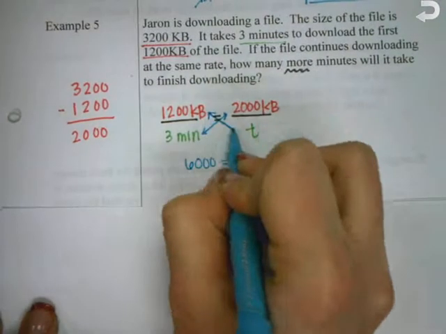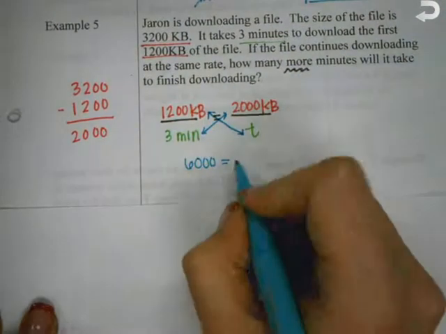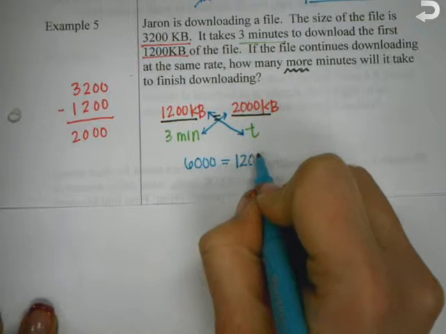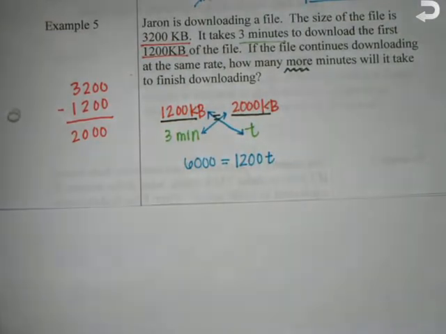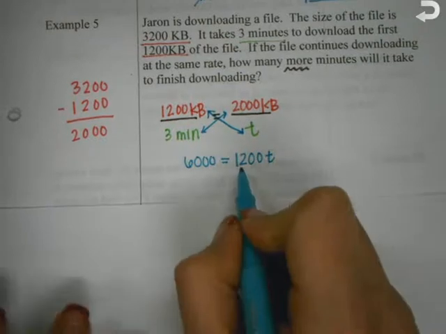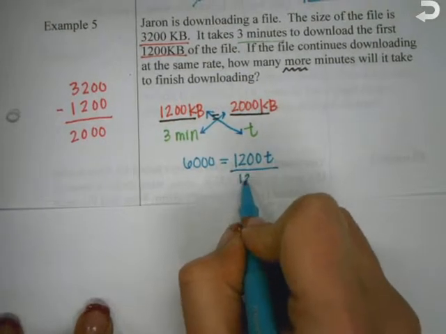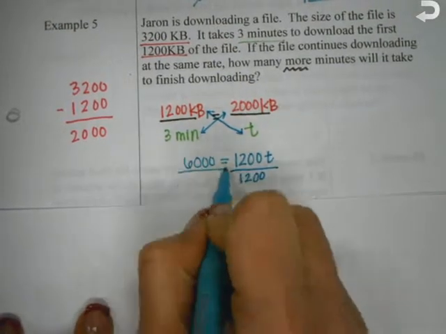And now what do I need to do? Any ideas? I need to divide by 1,200. All of those cancel, all of those cancel. And we are going to get t equals. Okay, I'm dividing